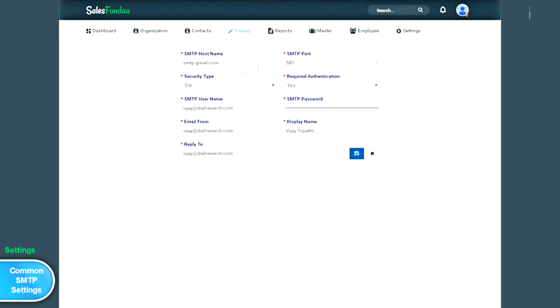Click on Common SMTP Settings and enter the following details. You have to write SMTP host name. For example, if you are using Gmail services, then in that case you have to write smtp.gmail.com and your SMTP port number would be 587. Likewise, you have to fill details in security type, authentication,